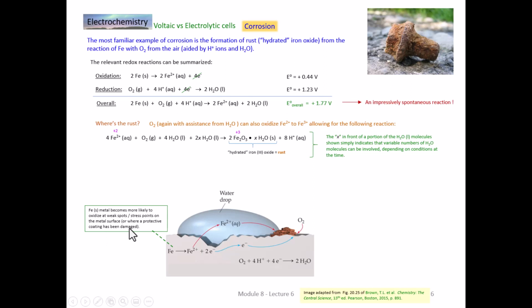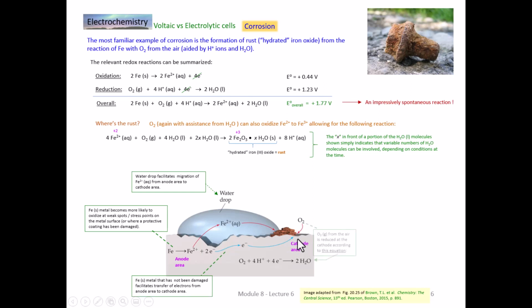That makes more sense. And so once this process starts, where iron gives up 2 electrons, this part of the metal would be considered the anode area where oxidation is occurring. The water droplet helps with the migration of an iron 2+ ion that's formed, and that iron 2+ ion can migrate over to the area that we call the cathode area, where oxygen gets reduced, and the oxygen can